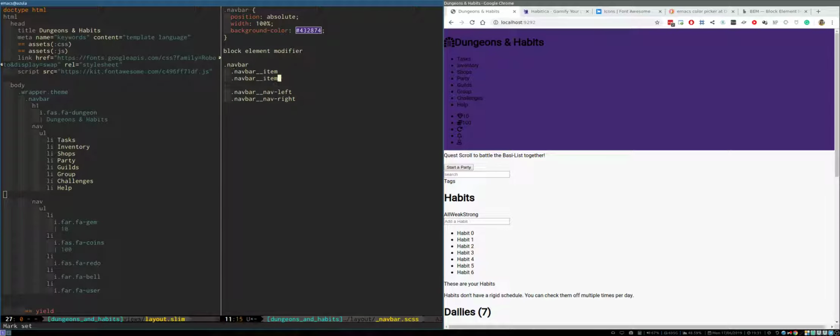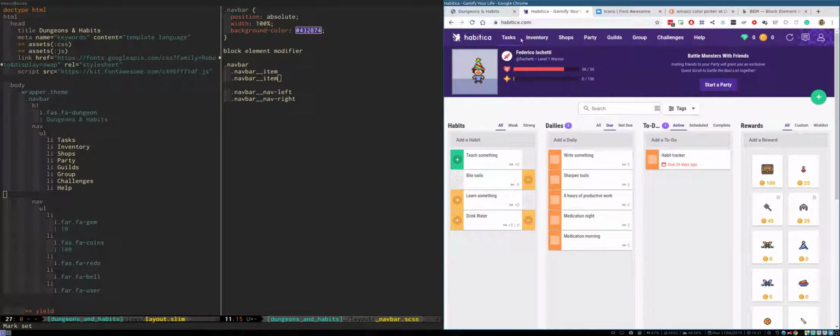And since we will have one item that is active or selected or whatever you want to call it, say it's called active. We say dash dash active, and that's the modifier. So we have block, element, and modifier. And since we are using SCSS here, we can simplify this by saying, or not simplify